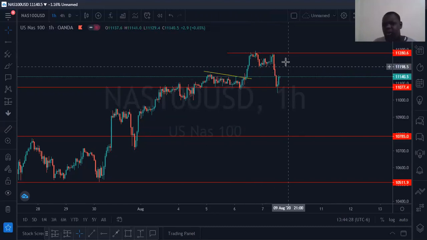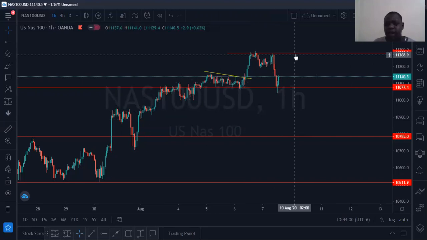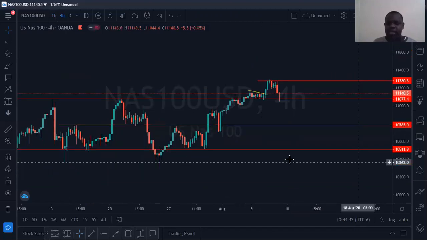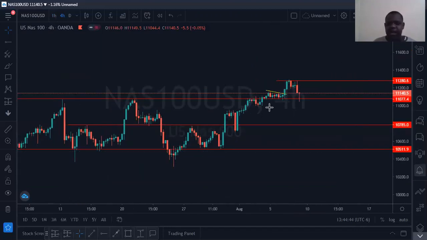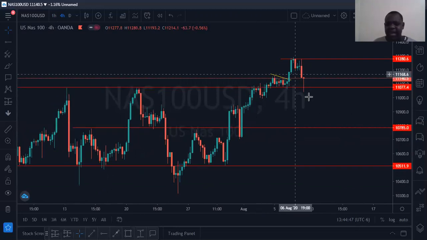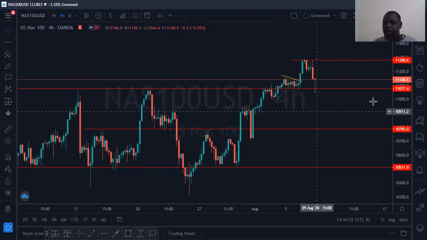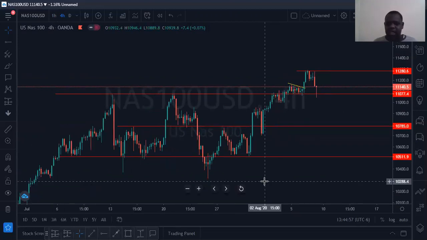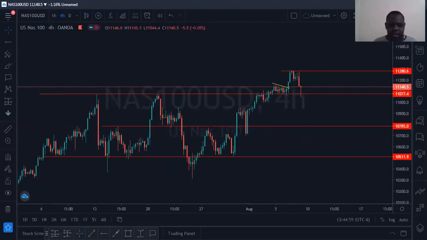And yes, guys, we can also place our buy stops on this level, a few pips after, like here, then we can place our buy stop. But let's just go to H4 and see what we can get over here. So guys, as you can see on the H4 time frame, the market has given us a very long rejection candlestick, giving us more confidence to enter our buy trade.